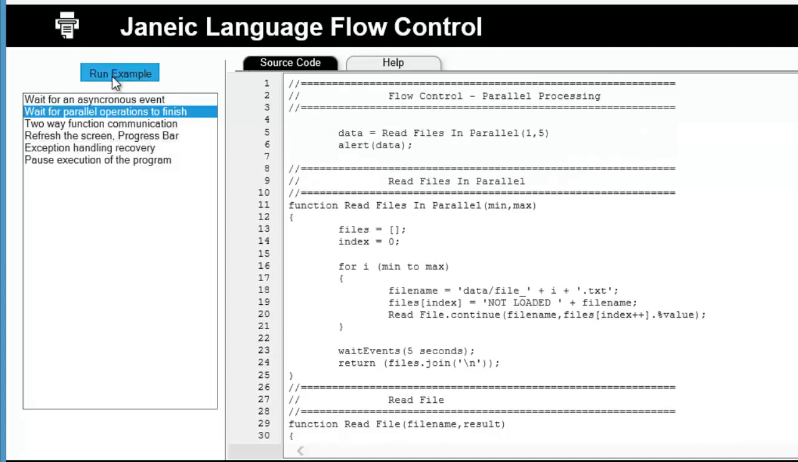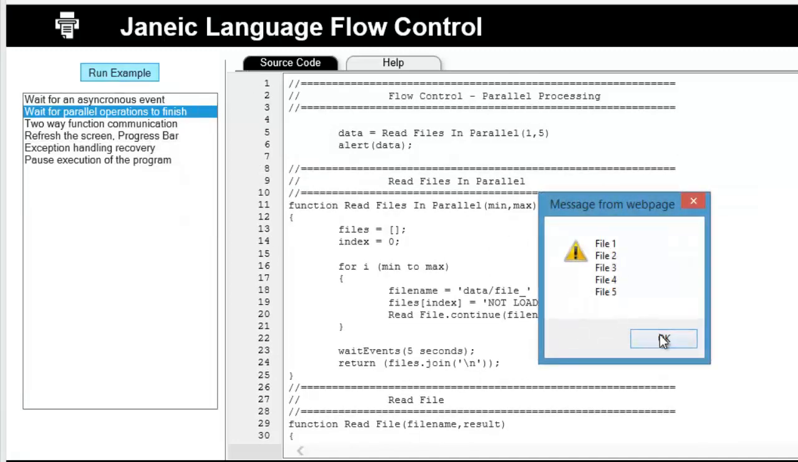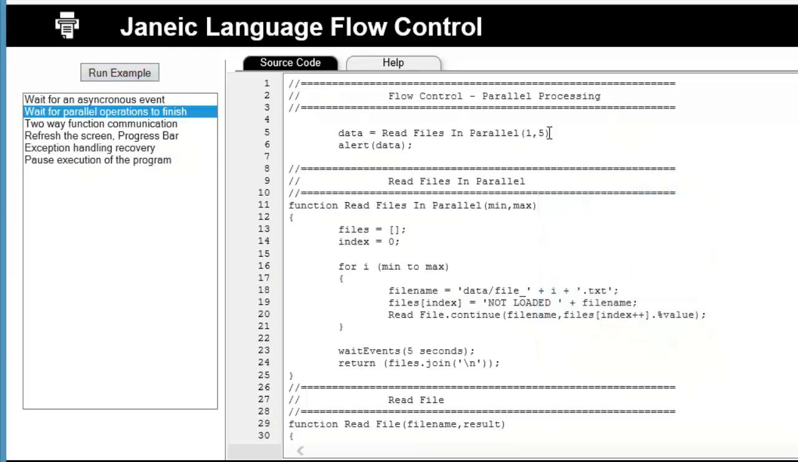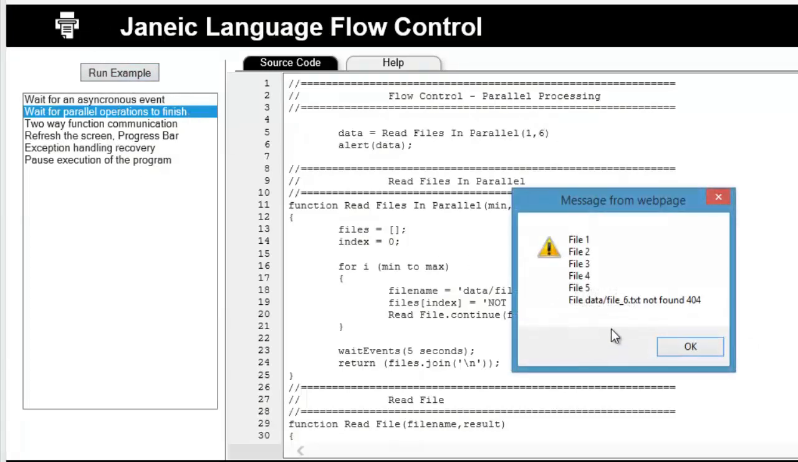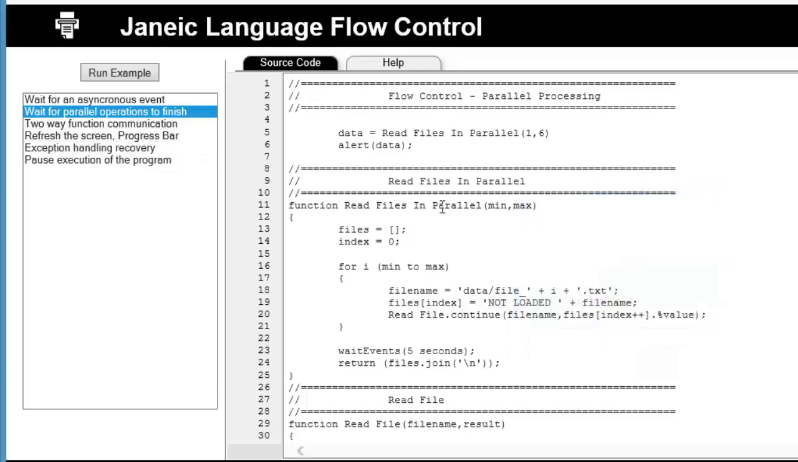So when we run this, it doesn't take very long, but basically it sent out 5 requests simultaneously, or as fast as I could, got them back, and then these are the files of B. If I say 6 does not exist, so file 6 is not found, 404. So it went out to the server, said it doesn't exist, and so that just proves that what we're running is 6 parallel operations. Okay, so if we look at this,